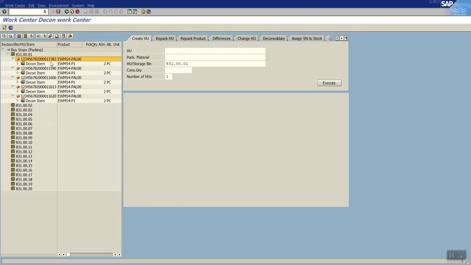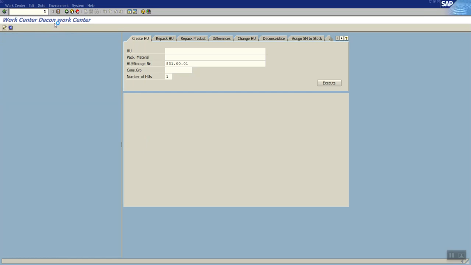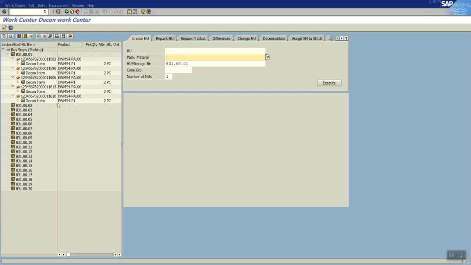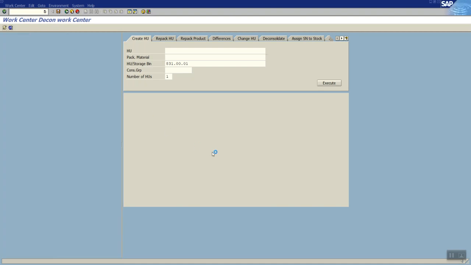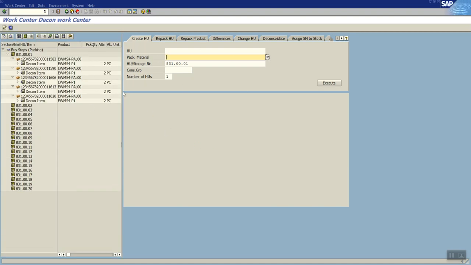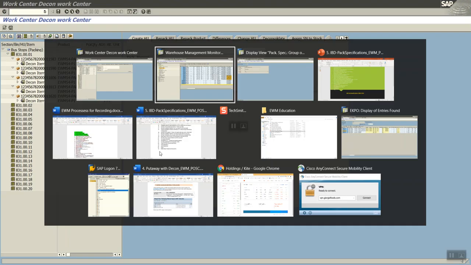So just to showcase, I am opening this transaction and executing. In general, to make this process simple, I am not making any repacking, so directly I am confirming this. Whenever you do the repacking, you select that handling unit, confirm this and then save, so that the work center activity, deconsolidation activity, will be completed.